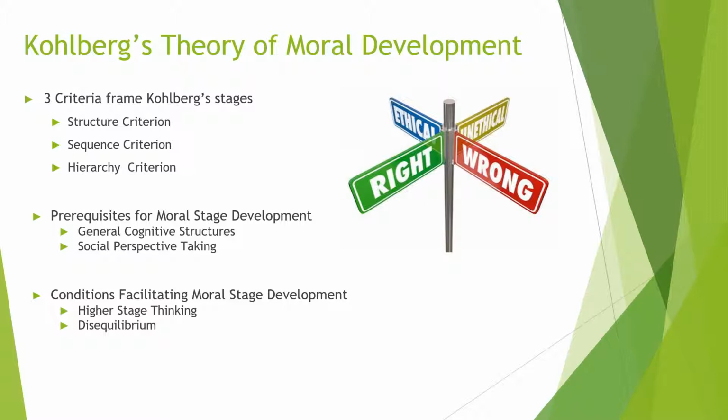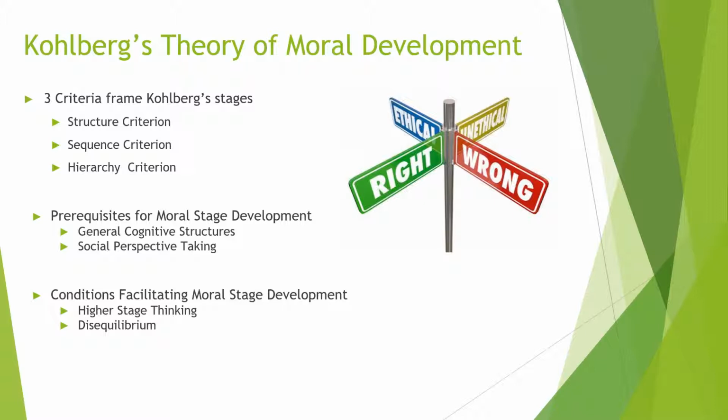The first is higher stage thinking, and this is when one thinks one stage above where they currently are to enhance and foster their development. Higher stage thinking can happen when an individual observes someone else's reasoning at a higher stage than they are. For example, this could be a young girl noticing her older siblings' reasoning for a moral dilemma. So this is also known as +1 reasoning.